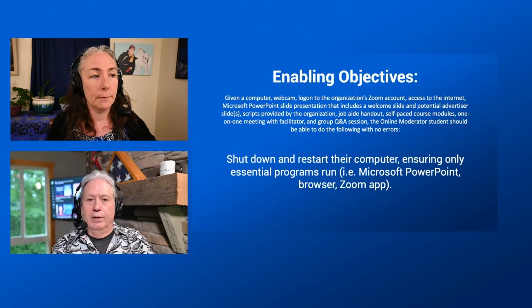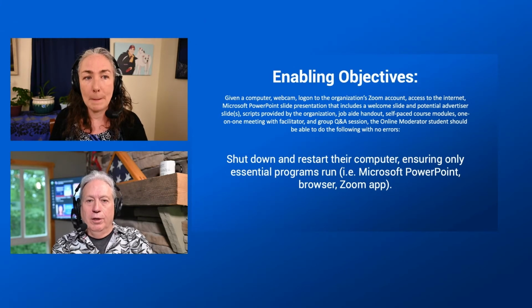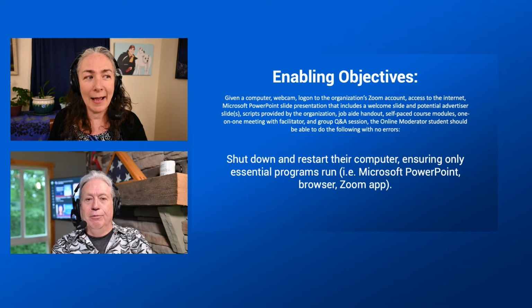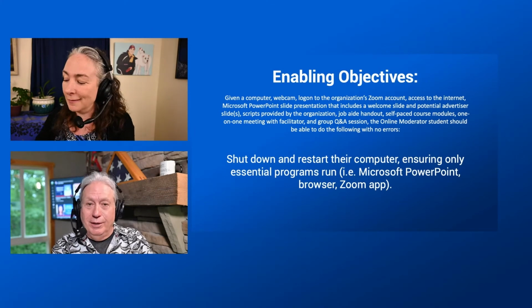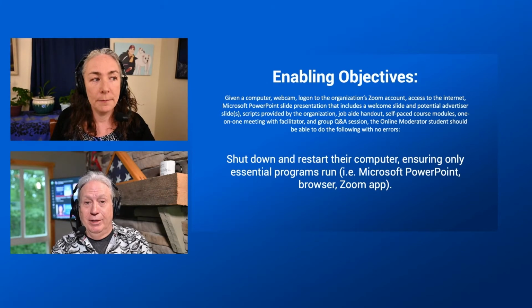Okay. My view on this, and I think you'll find that most designers will tell you the same thing: you can't have too many objectives. The one thing you want to watch when you do a task analysis is sometimes designers are prone to not write objectives, but they write what? Procedures. So when you write your enabling objectives, you have to be sure it's written as an objective and not as a procedure.